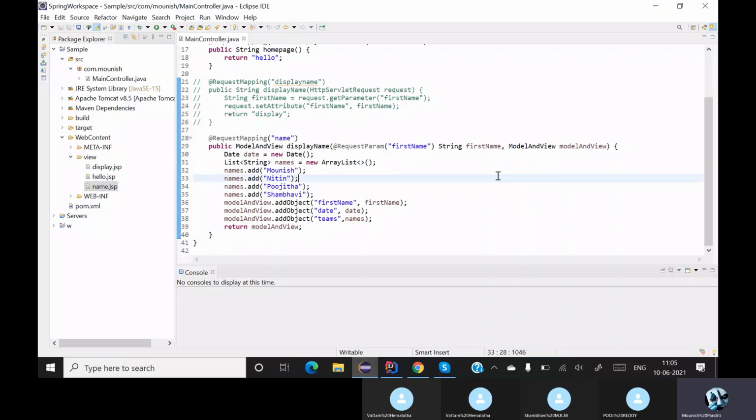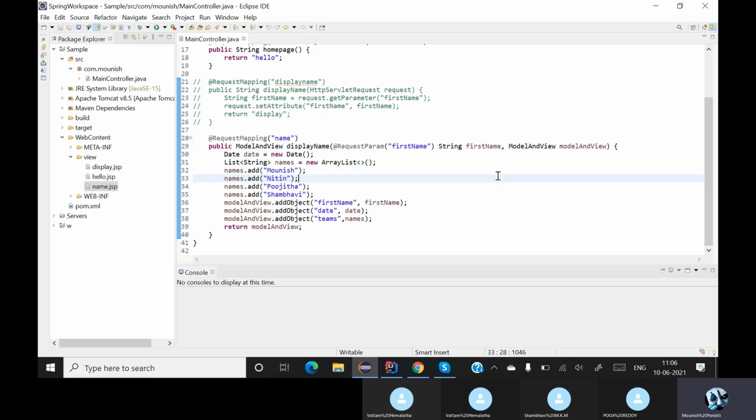Okay, so in our previous session, we saw how to take some input from the HTML or JSP page, process it into data, and then show back the data. That is what we have seen in our previous session. That will be our Spring MVC model, right? So today we'll be seeing some more things related to MVC.